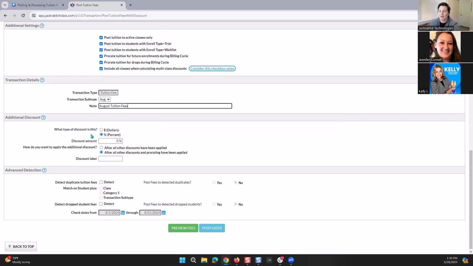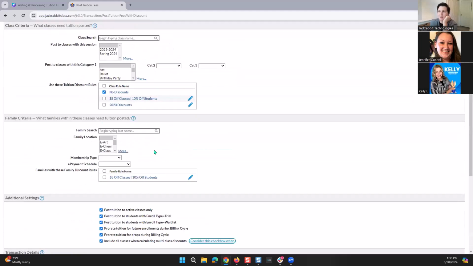And then what kind of discount? If you want to add a specific discount, you absolutely can do this. So let's say one day you had an unexpected closure for your entire school, and it affected every single class that there was. You can go in here and you can put in a percentage and you can post fees, and that way you're not having to go into